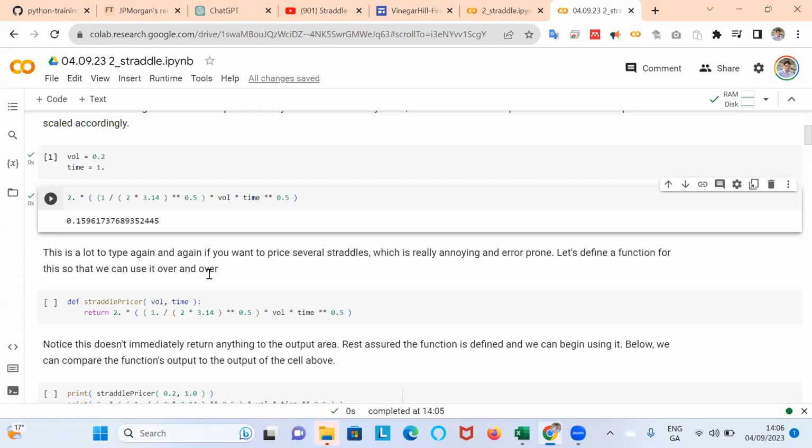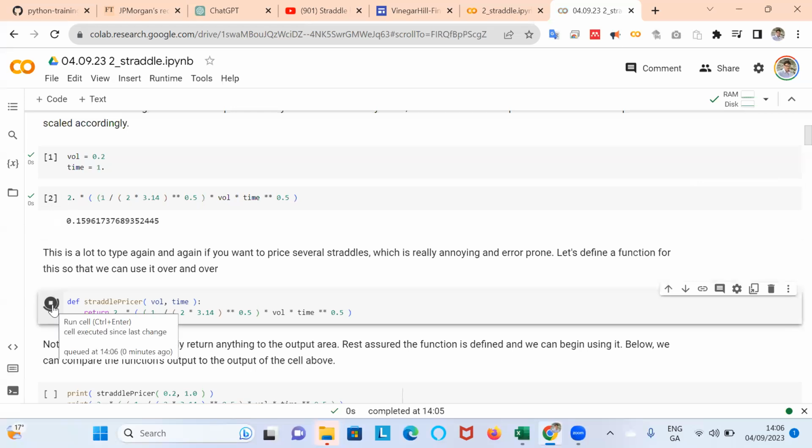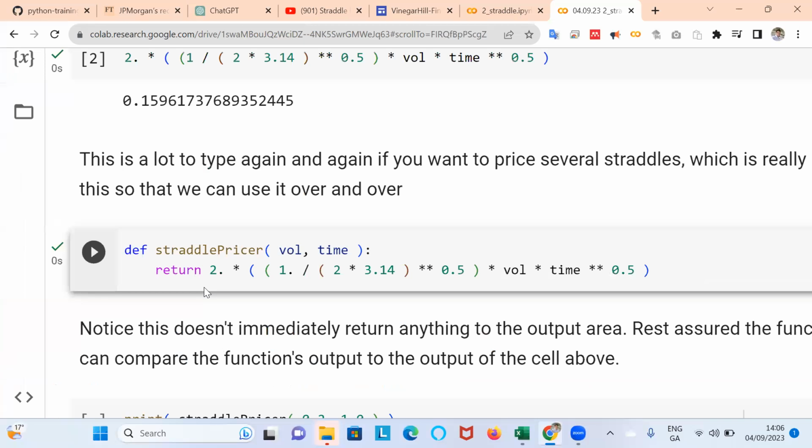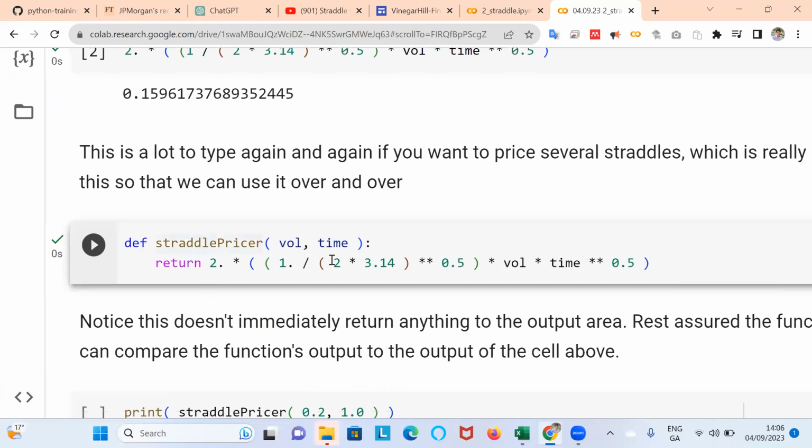So if you're iteratively going to produce pricing for straddles and you know the formula, maybe rather than write each estimation in the form of a manual input each time, you would create a user-defined function,